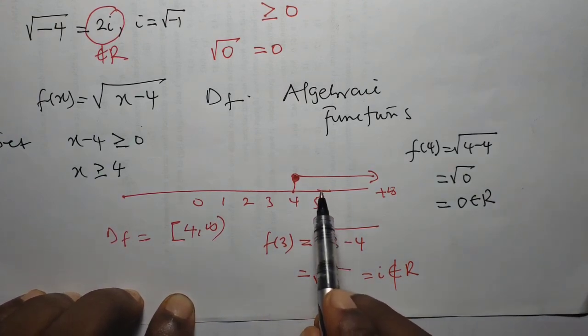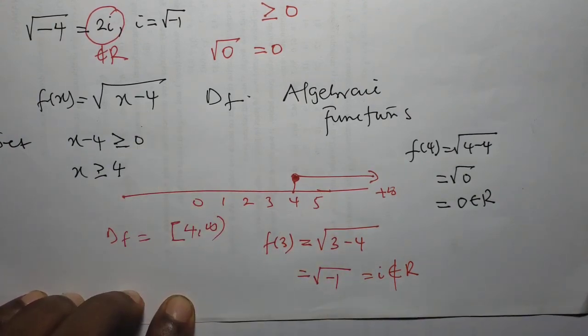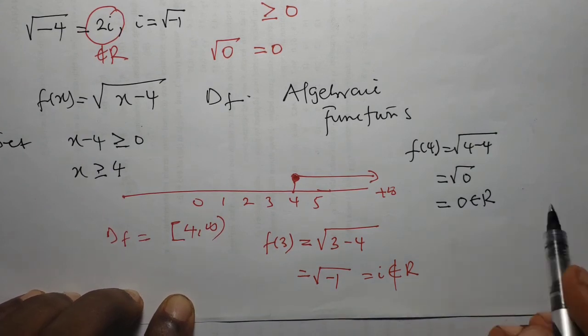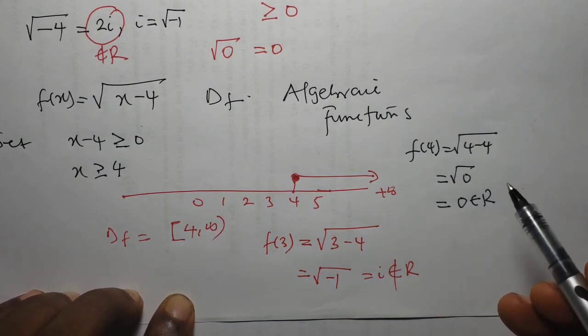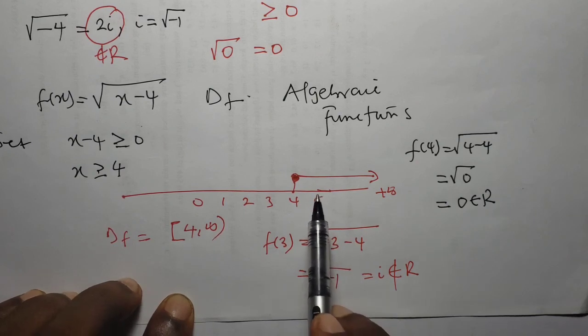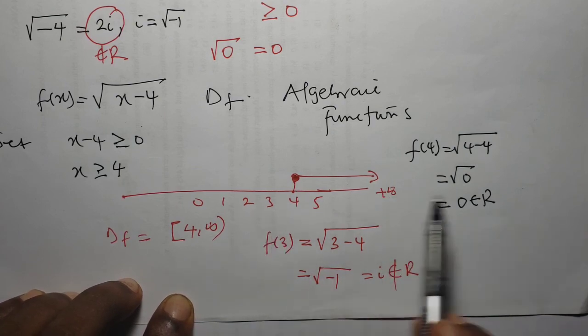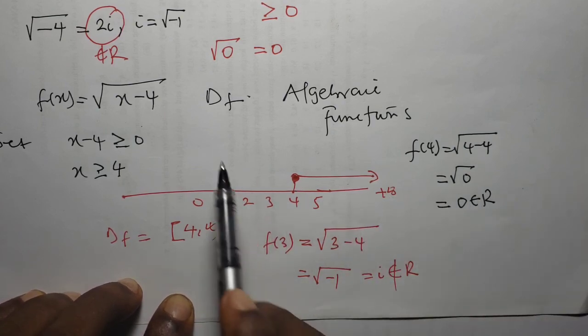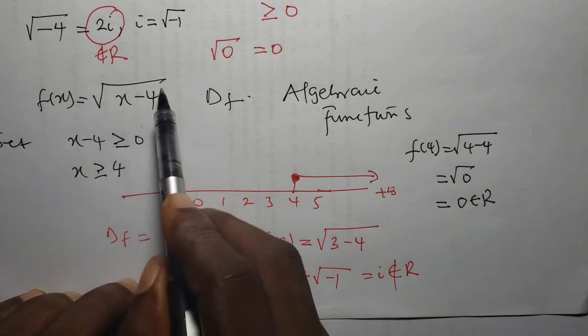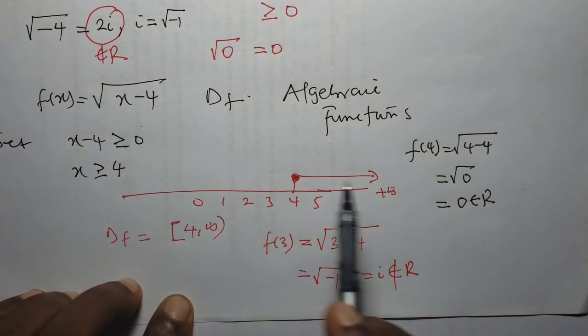If you plug in the value 5 into the function, we get the square root of 1, which is nothing but 1, also a real number. Whatever value we plug into this function, from 4 to wherever it is at infinity, up to 100, 1 million, we are guaranteed that